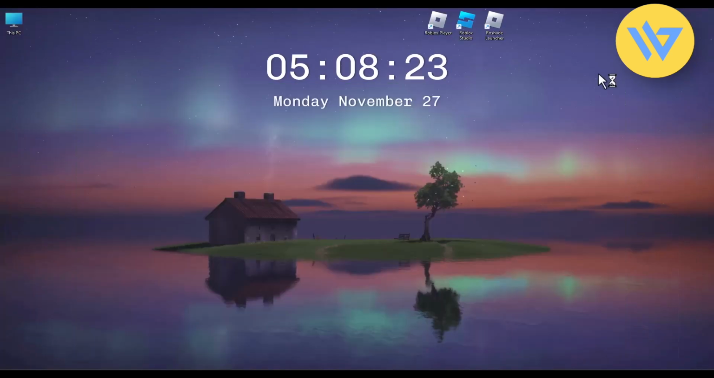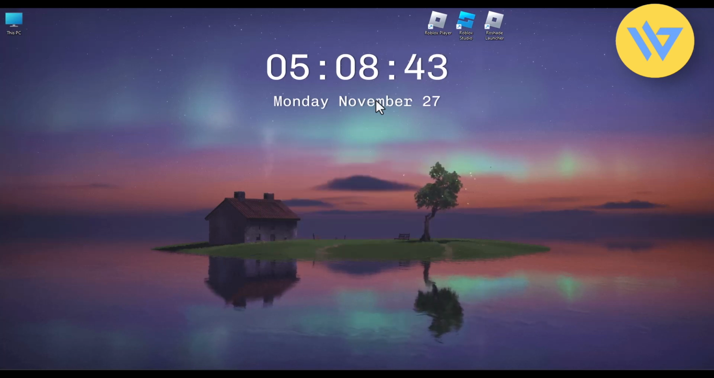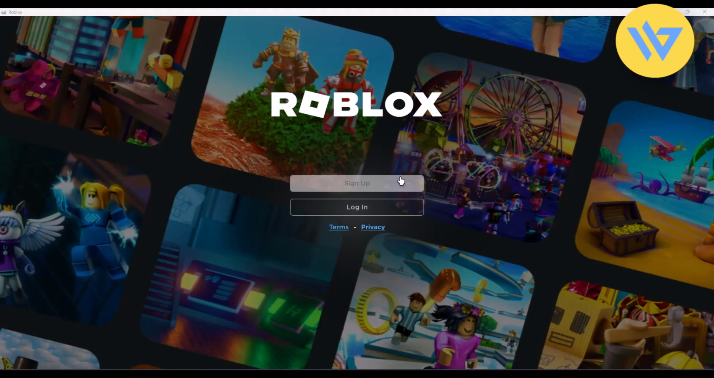Now wait for a few seconds over here. As you can see, Roblox is now installing. Now, if you have deleted the folder from the AppData and you have installed a new version of the Roblox launcher, after doing both of the processes, your game should automatically start without any issue, as you can see right over here. So now all you have to do is click on login and then complete the login process, or